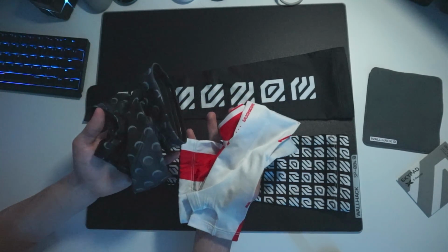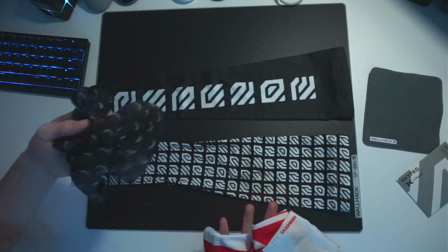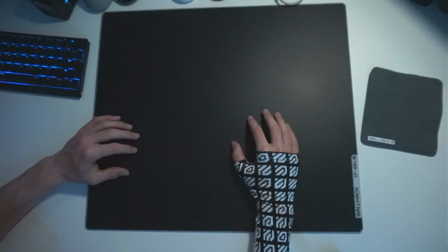So if you do have one of these types of older sleeves and you do like one of them, I would say you can pick whichever material you do enjoy more. That's all for my thoughts and opinions on the